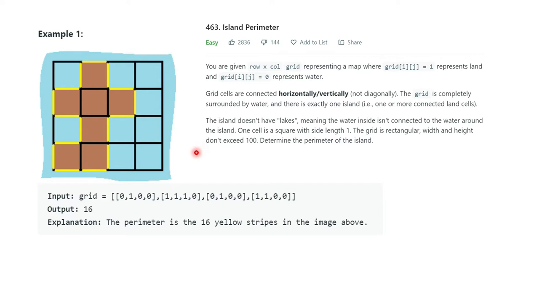Okay. So now if you check here, they are all connected as a single island. Okay, meaning you can't find any one grid cell where it is isolated. Now if you check here, they are forming an island, and this island has a perimeter or boundary, right? So you have to find what is the length of this boundary. So here if you check, 1 plus 1 plus 1, that way it is 16. Okay, so this boundary you have to find.